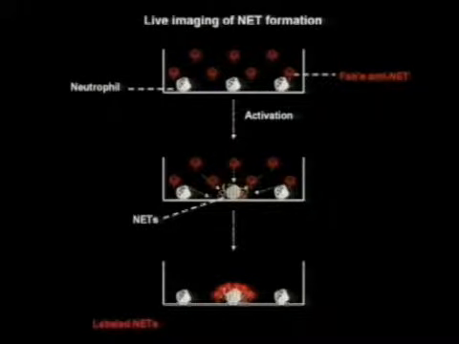Now, in order to see the net, there is also a third and last marker, which is a FAB against, in the movie that I will show you, H2A, H2B, and DNA, but we've done similar films with anti-elastase antibodies and get very similar results. So again, this FAB is marked in red, and it's also at a very low concentration, so it is under the detection limit of the microscope.